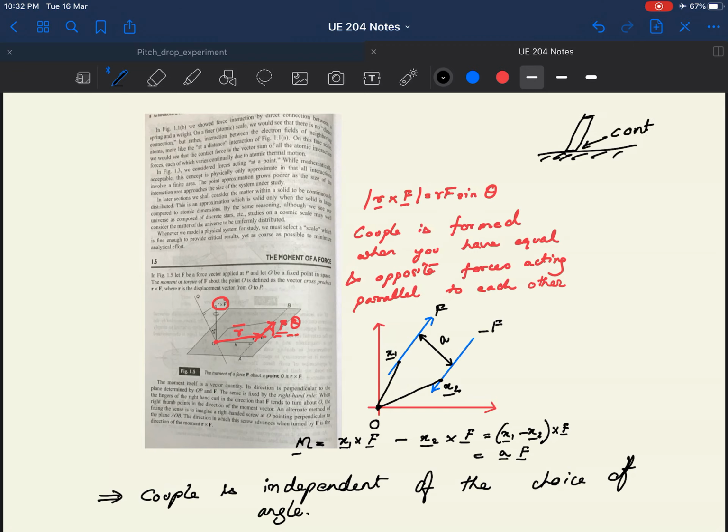So the forces are being generated through the contact. Okay. So, these are the kind of scenarios that we are interested in,